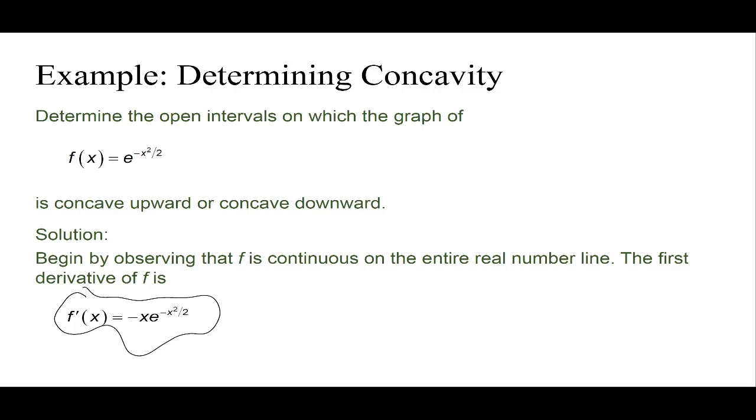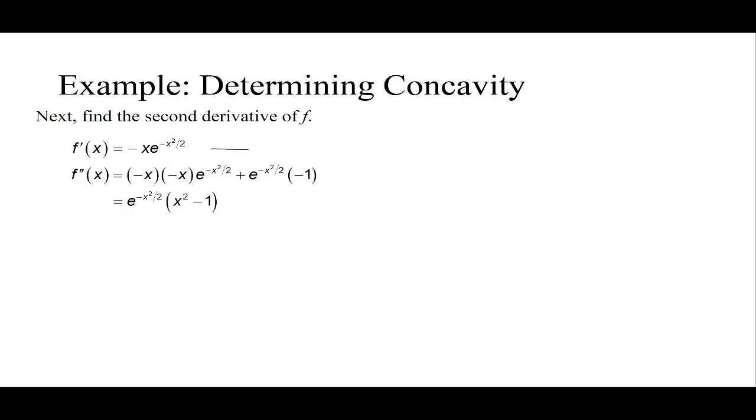But we need to find the second derivative as well. So as you can see here, this is the product of two different functions. So for finding the second derivative, we can apply the product rule, and by using the product rule, this is what we are going to get. Because we are planning to use the theorem where we need to find out whether the second derivative is positive or negative, for that, we have to equate this second derivative to 0,